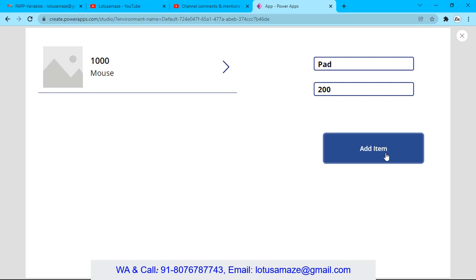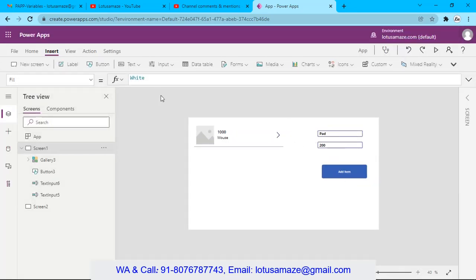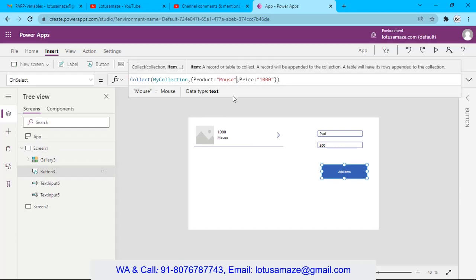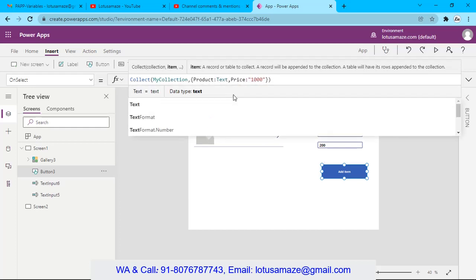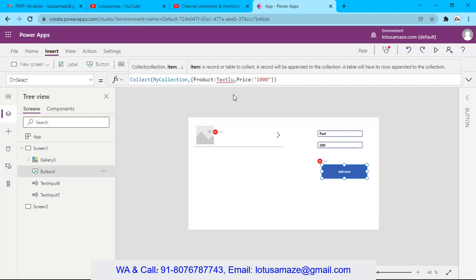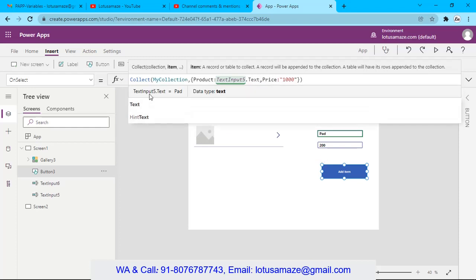But this is a static value. We can make it dynamic. We can enter the value from our screen. Remove the static value and write TextInput5.Text.